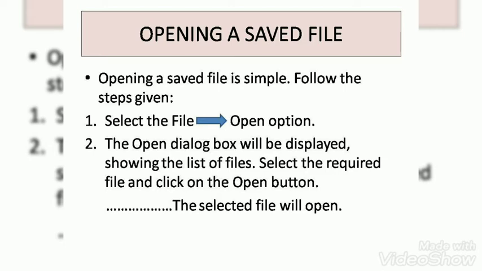Now another very important thing: I told you about the toolbar with all the tools. Different tools are there in the toolbox. I told you many tools are there. So now I am going to tell you about different tools. In the whole video now we will see all the different tools used in GIMP. So let us start with the first one, the rectangle select tool.